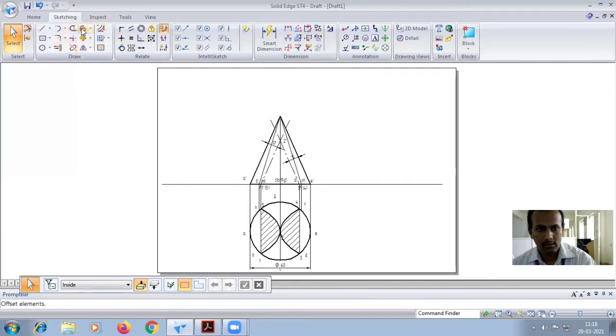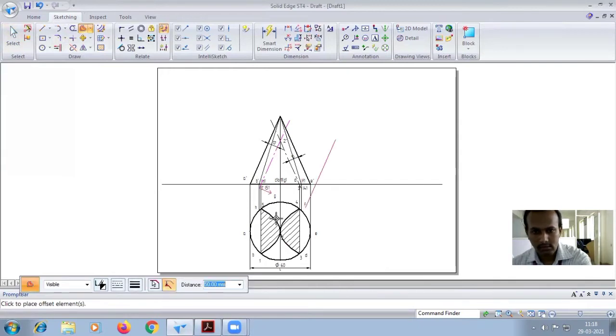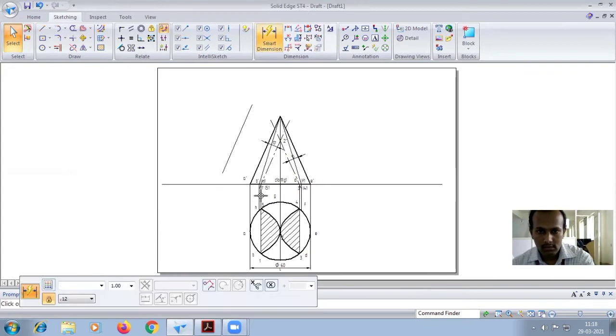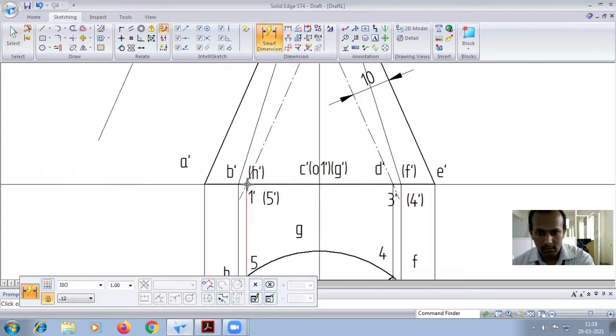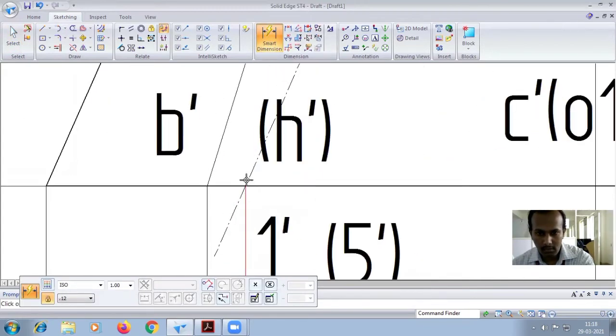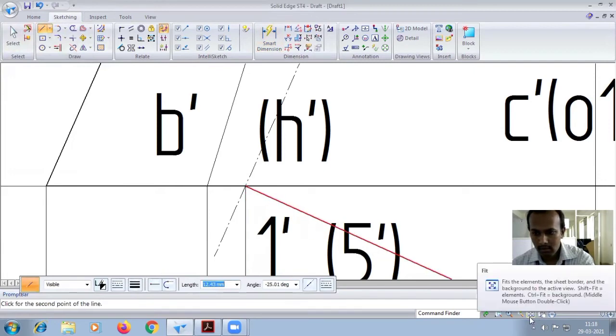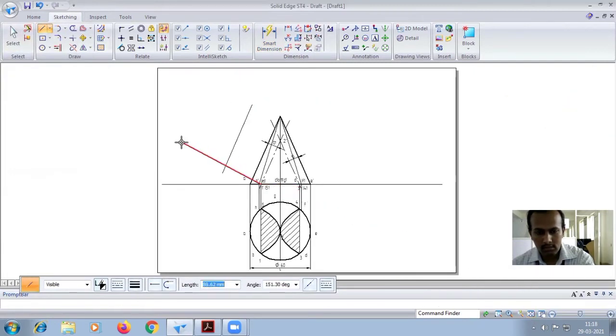Okay, so now you have to go for the true shape of the section. I will do only one side. Any convenient distance, either 40, 30 or 50, you have to take. The distance is not required, any convenient distance you can take. Then project the perpendicular lines to the exact true shape for the other x1 y1 lines. So draw it simply as one line like this.